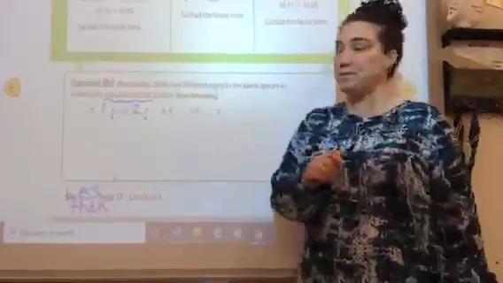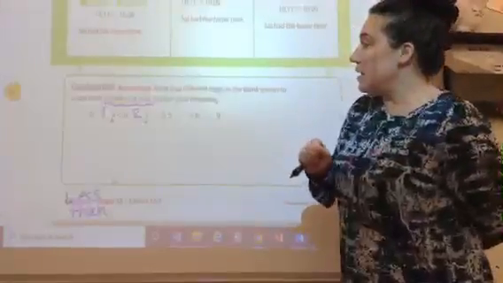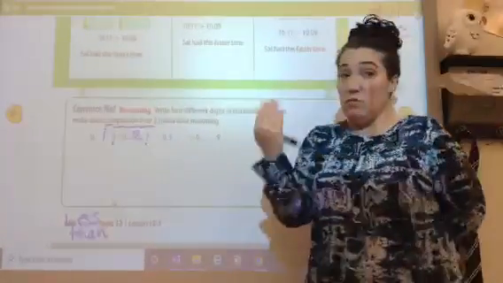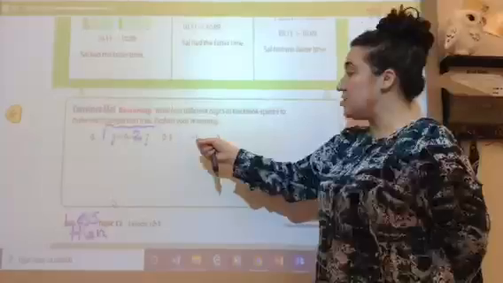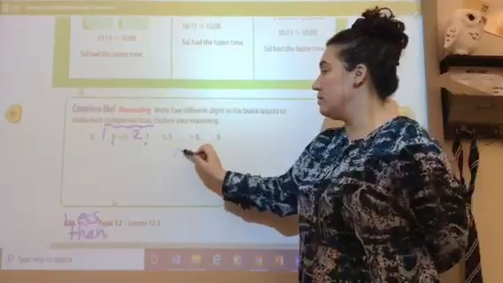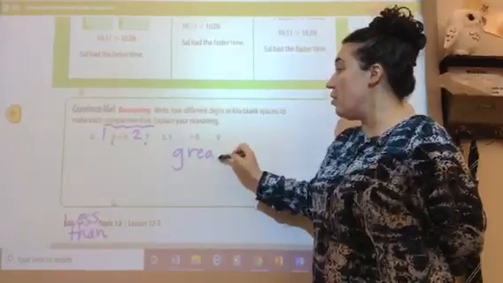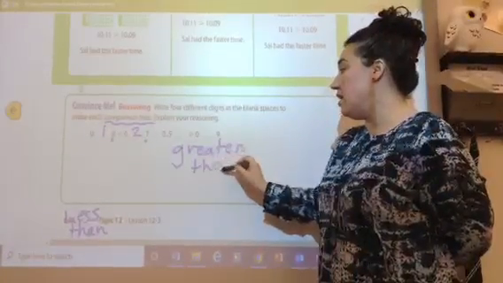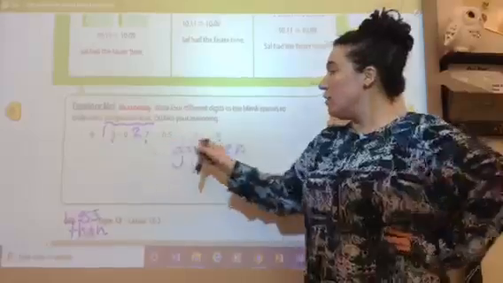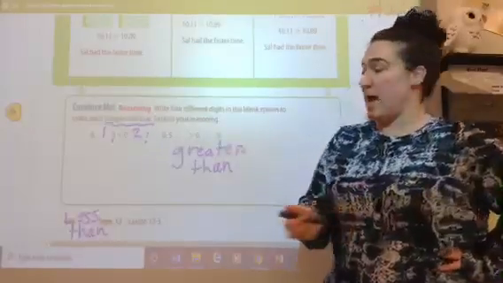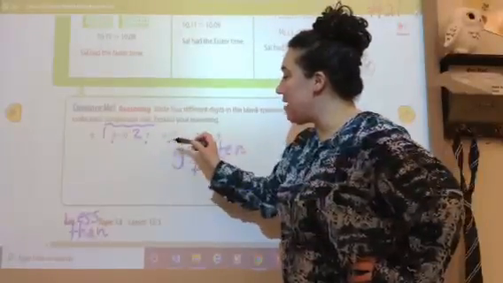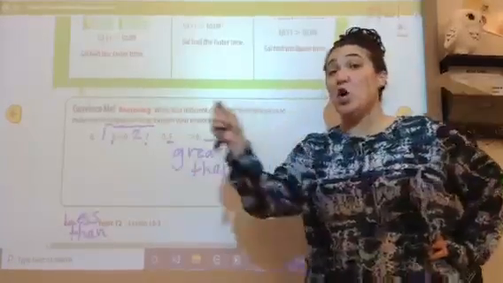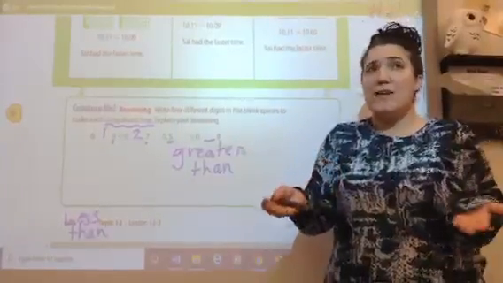Let's jump next door. Let's look at this one. It says 5 tenths, we don't know how many hundredths, is greater than, we don't know how many tenths, and 9 hundredths. Okay, well, the zeros in the ones place are the same. And here in the tenths I have 5, and here I don't know how many tenths. But I want the 5 to be greater than. So I have to pick something that